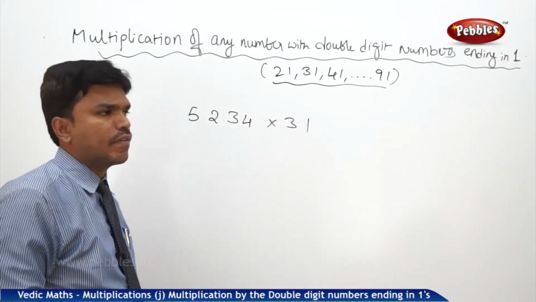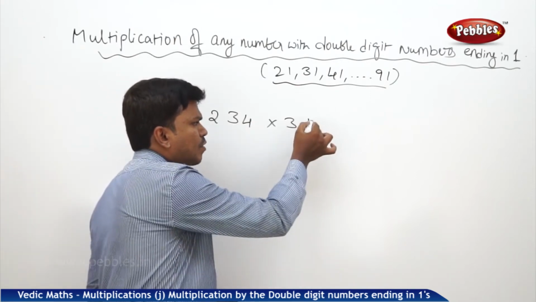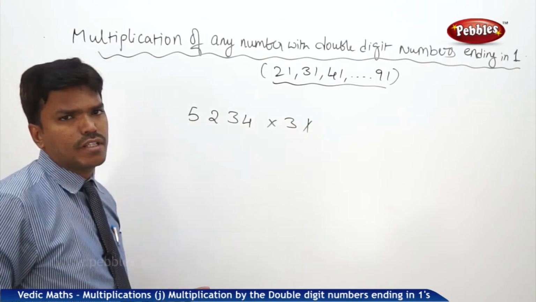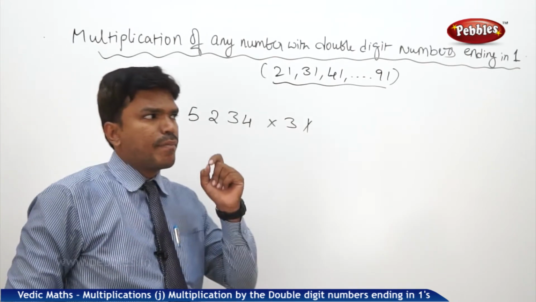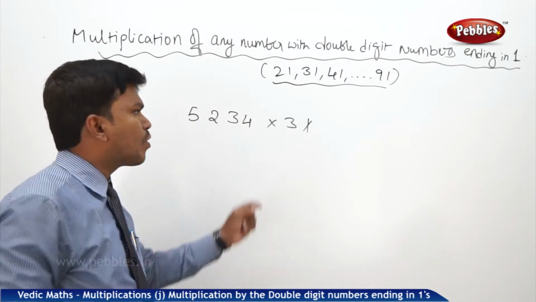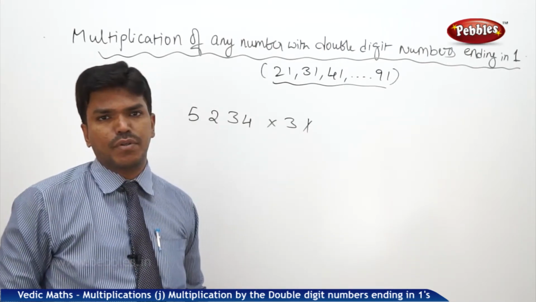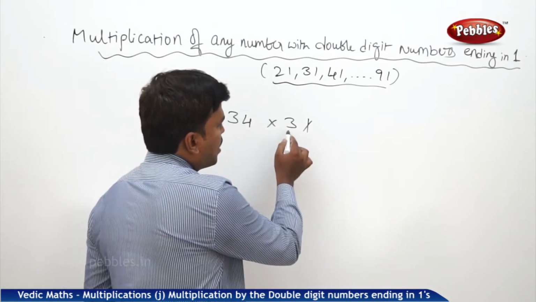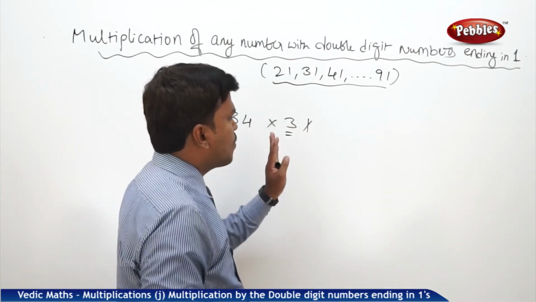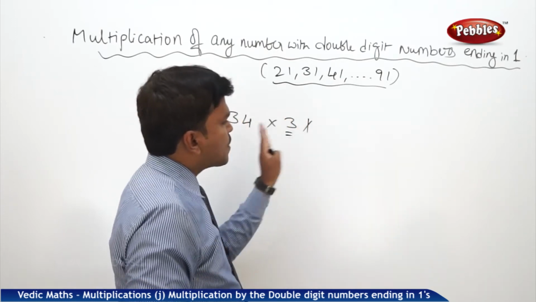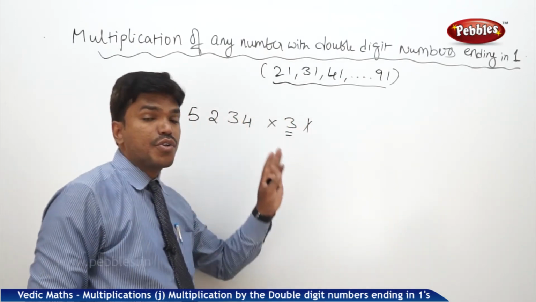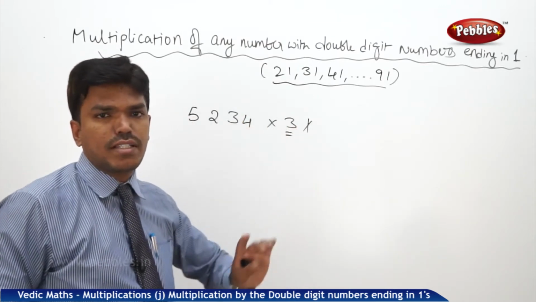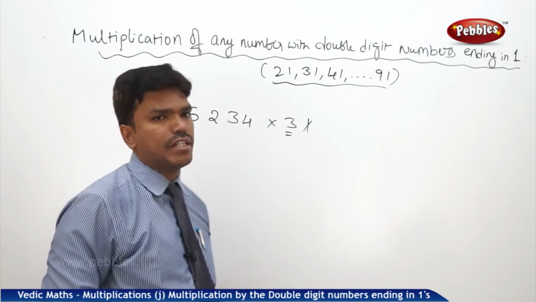For the moment, just ignore the 1. Now you are going to multiply with the 3 only. But when you are multiplying by 3, every time you are going to add the left side digit. Why? Because the main number is 3 in 31. So the 3 is on the left side of the 1. That's why we multiply every digit by the main number 3, at the same time adding the left side digits.